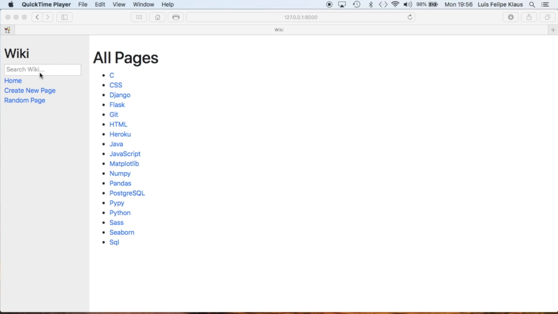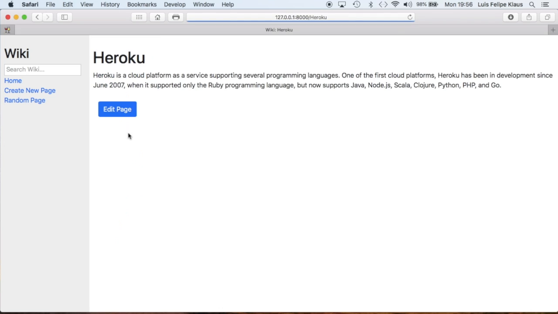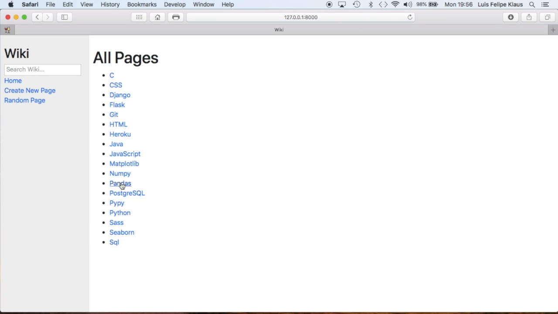Next, the index page, also known as the home page, displays a list of all wiki entries in alphabetical order, and you can click on any of those items and it's going to take you to the